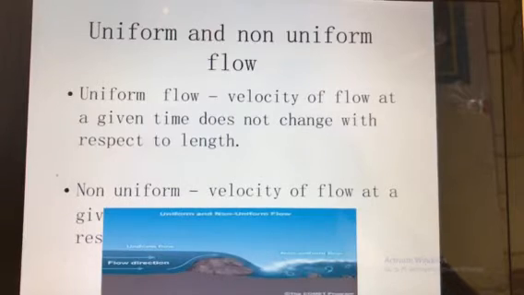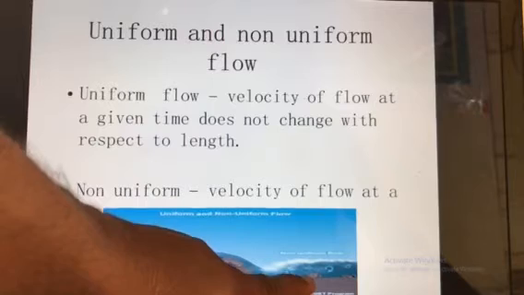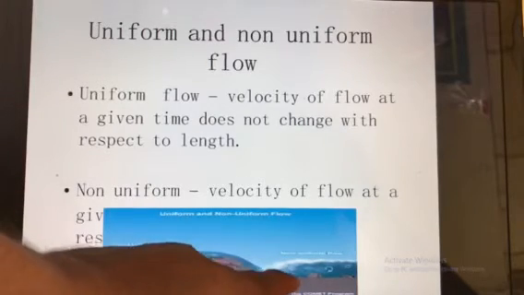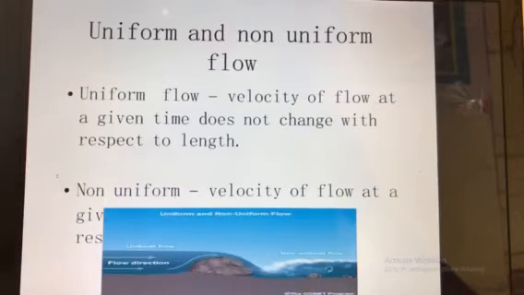Now see this diagram, so you will come to know the basic difference between uniform and non-uniform flow. In this, this is the flow direction for uniform flow. It is smooth because velocity is constant for every particle in this flow. But here velocity is not constant for every particle, so due to higher velocities they will move in a random manner. You will get such a flow, and this flow is called non-uniform flow.